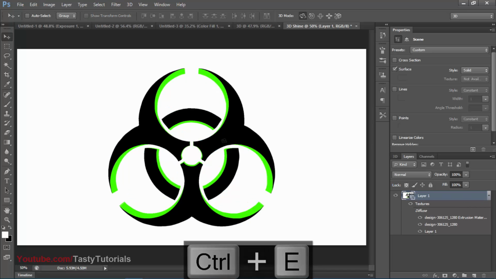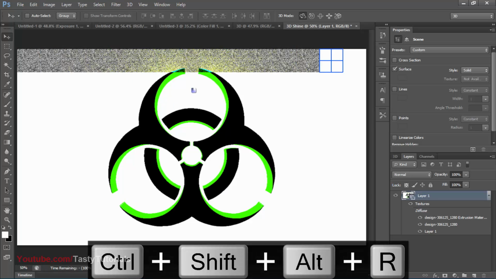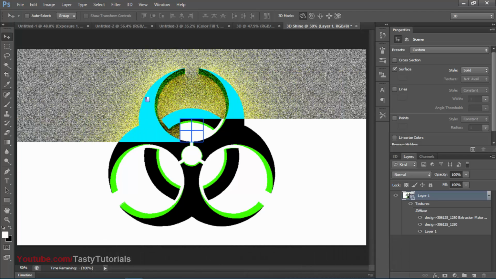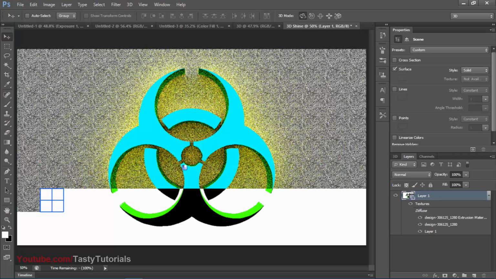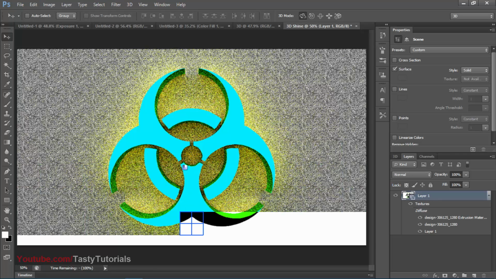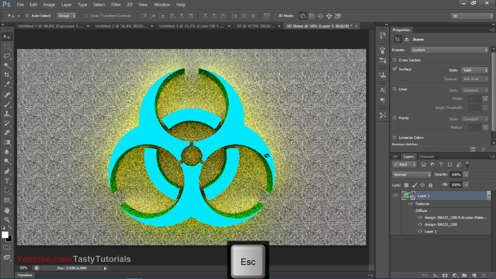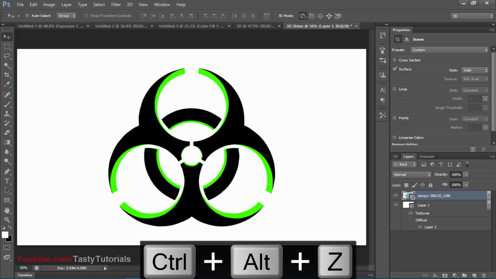Now press Shift Alt Control and R, and now you will see that the color will be changed to a little yellowish color and little green color. It's a mixed combination, and you can use any color to render. It's all your choice. You just need to do one thing: press Alt Control Z one more time until you